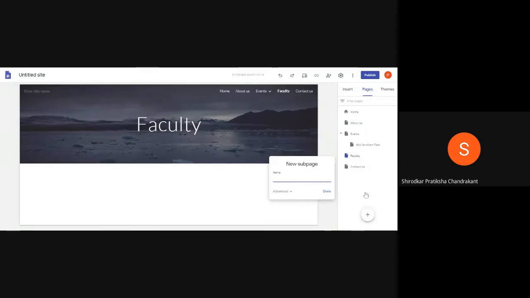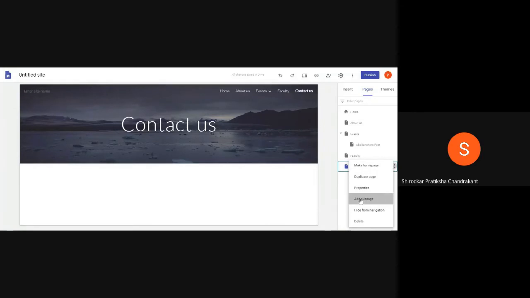Okay, so I can just edit this particular page, wherein maybe I can say, maybe I'll just go to the contact us section and I'll add a subpage wherein I can just add email.